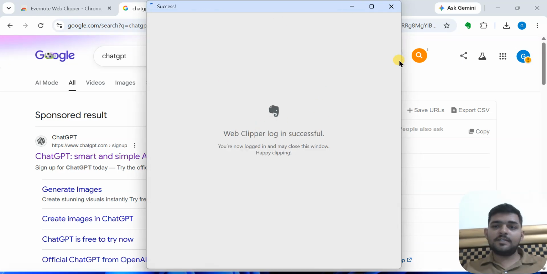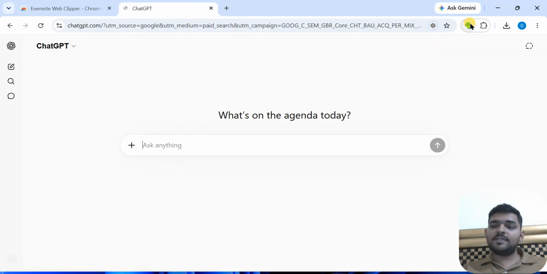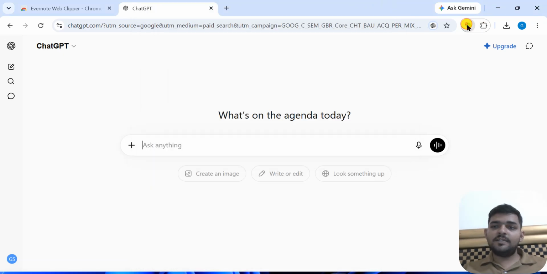Here you will see success. Now open any web page, then click on the Evernote extension. Here you will see it is processing. Once the processing is complete,